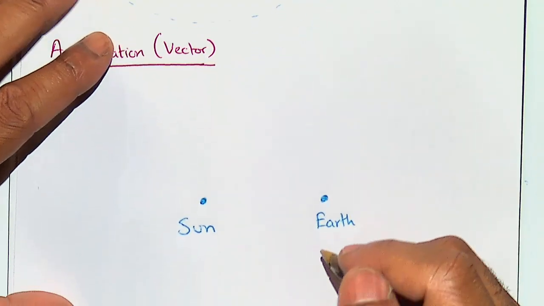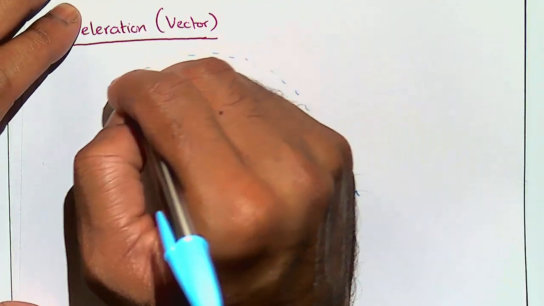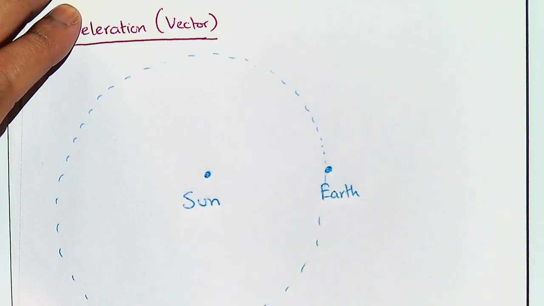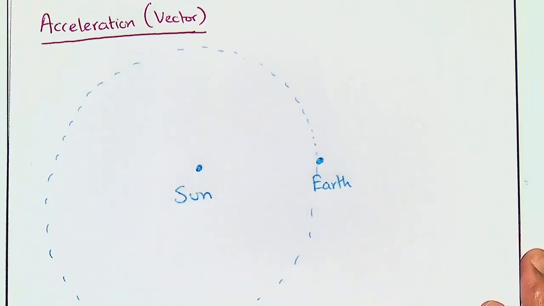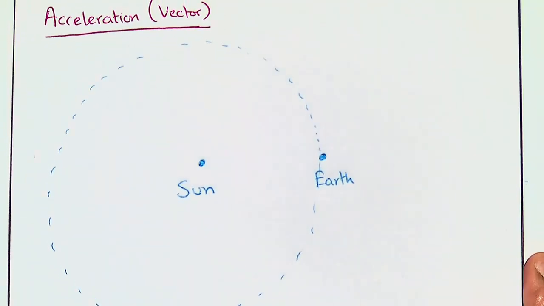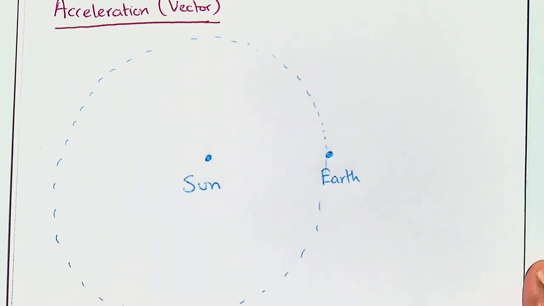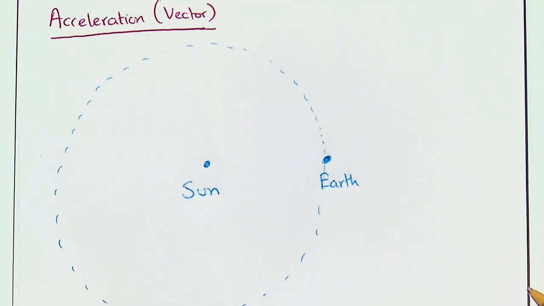If you watch the Earth go around the Sun, it takes about a year, so roughly 365 days. It's not exactly that, thus the leap years and things like that. So, okay, here's the Sun, here's the Earth,